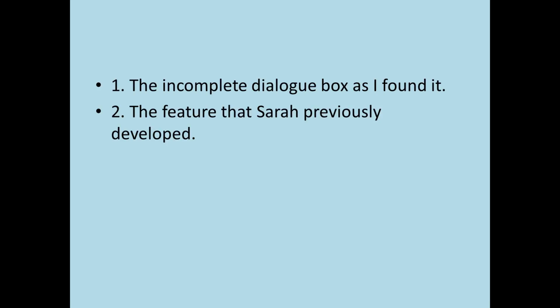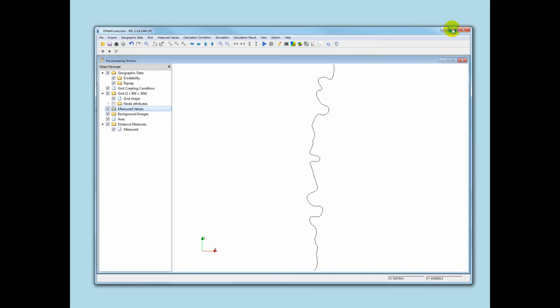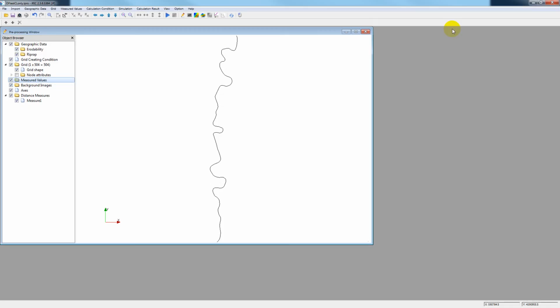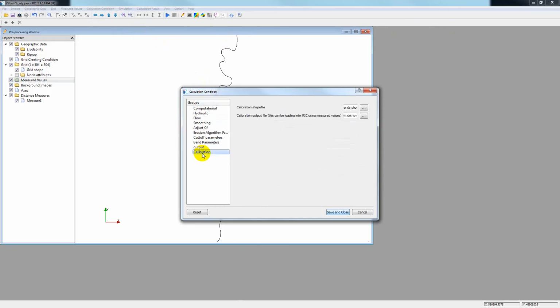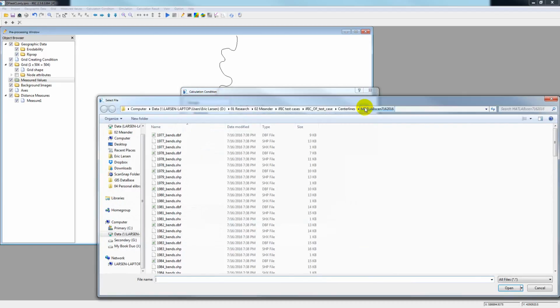Okay, let me show you in iRIC what we're talking about here. First of all, I'm going to show you what Frank had begun. In the calculation conditions under settings, I was looking one day and I saw that it said calibration, which is of course important. So I went to here, which was new. It has these 2 abilities here where you can import a calibration shapefile, and